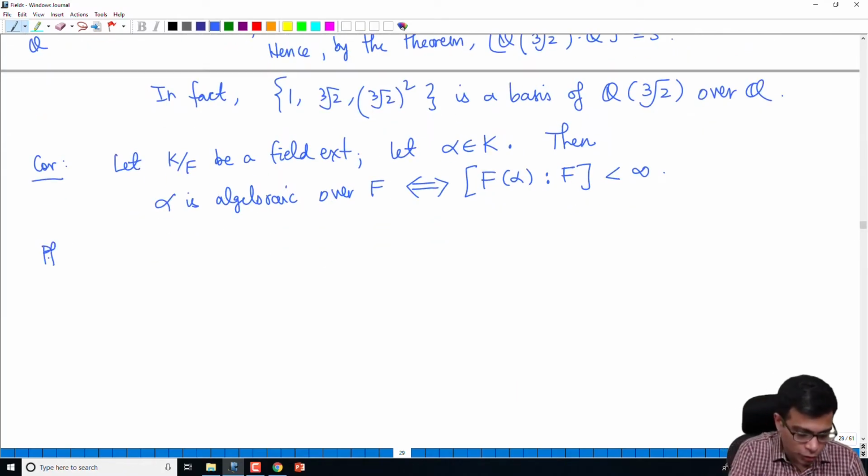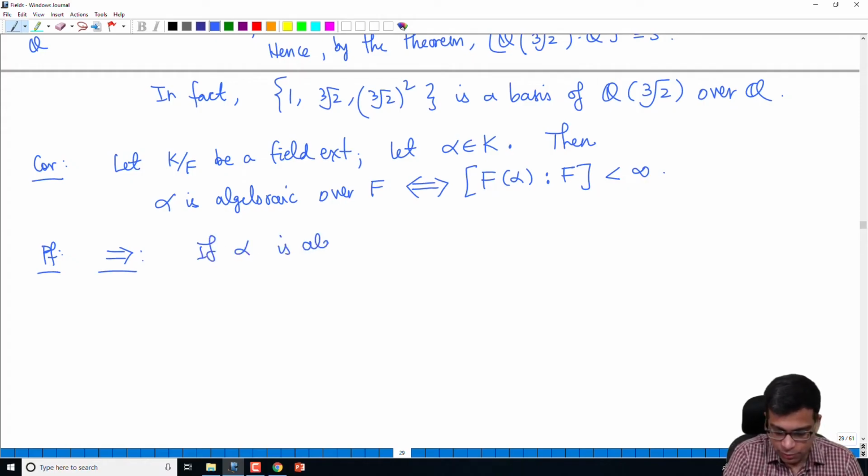Okay, so I'm going to prove this. This is a very simple corollary of the theorem we proved, but it's an extremely useful way of checking whether something is algebraic or not. So actually this is easy to prove whether you have the theorem or not. So let's anyway prove this. So in this direction, suppose alpha is algebraic over capital F,